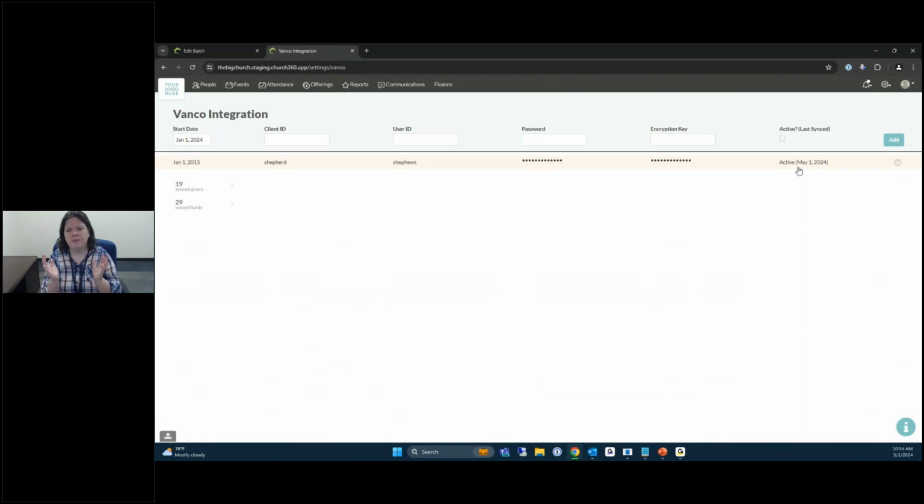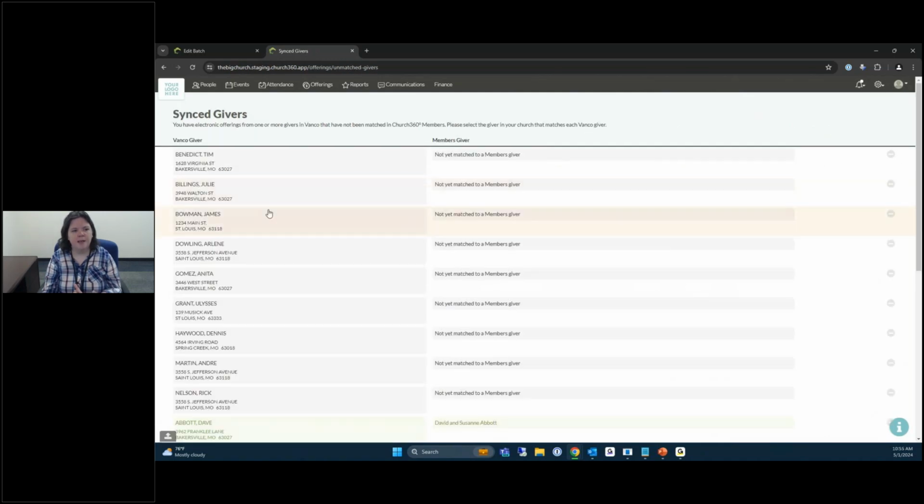However, all of the offerings will be sent over, but they might need to still be linked to particular givers or specific funds. And you would also do this from the Vanco integration area. So once you go ahead and put in those credentials, you can ignore this top part. But you would want to come and visit every once in a while and look at your synced givers and your synced funds. So for givers, we'll go ahead and click on this link here,